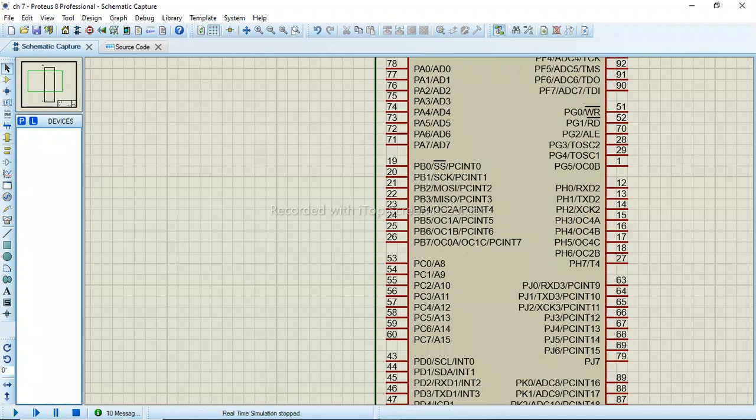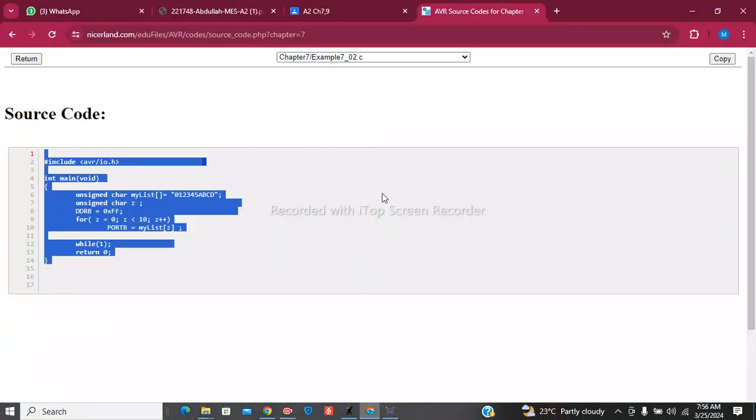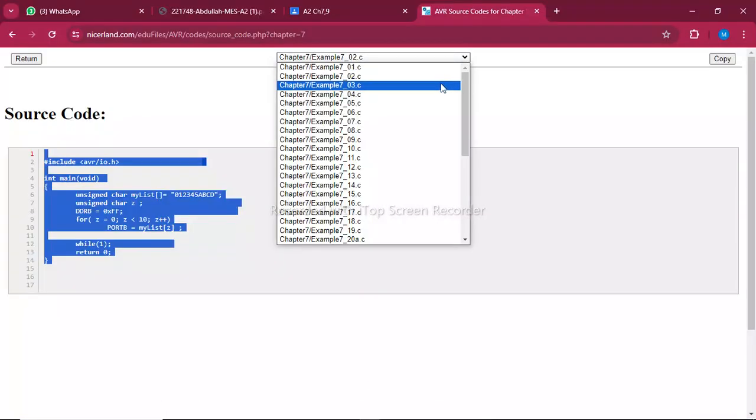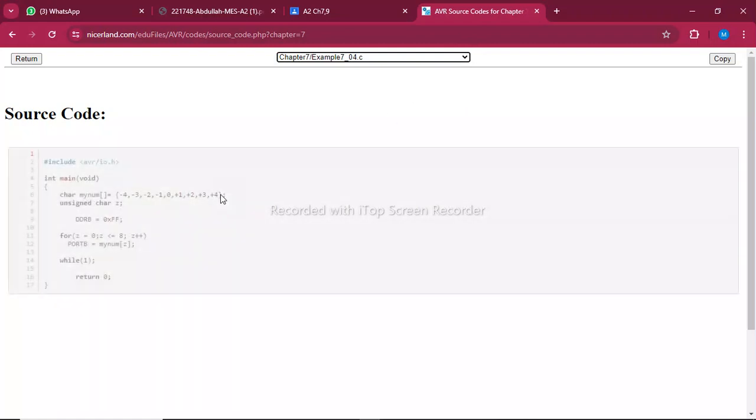Now moving to the next example. In example 4 we are going to discuss next. In this example again we define an array to store integers from -4 to +4, and then declare a variable z, declare port B as output, then a for loop which continues to repeat from 0 to 8,